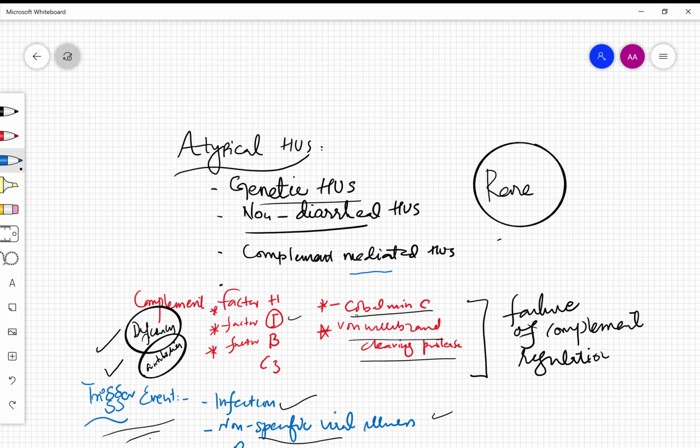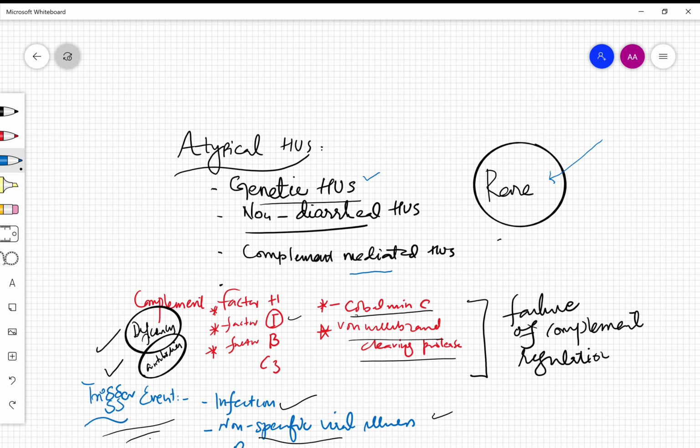It could be caused by certain other causes. However, it's very rare as compared to typical HUS. And for genetic HUS, it's called genetic HUS because sometimes it follows a Mendelian inheritance in autosomal recessive or autosomal dominant condition. And the penetrance is low because sometimes the sibling may be carrying the same gene but with different